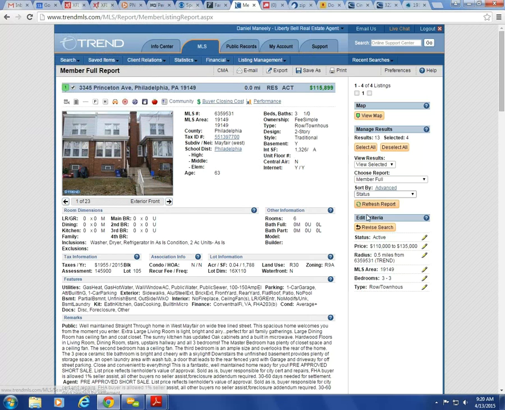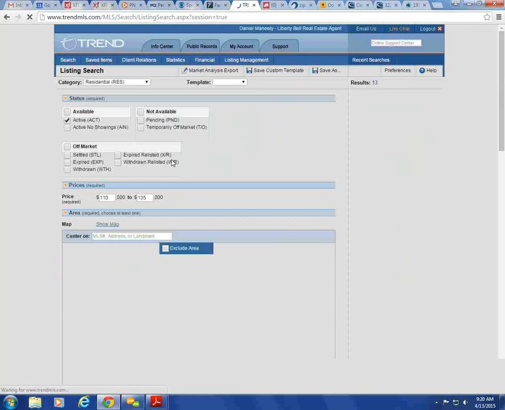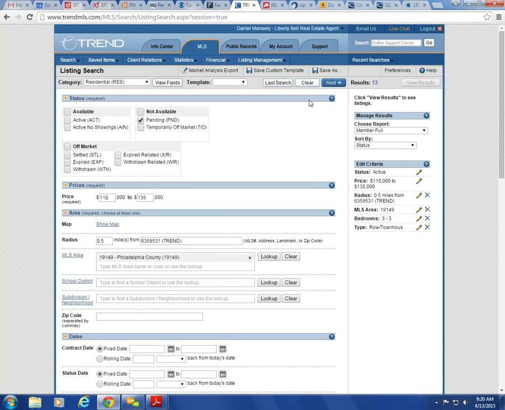Now I'm going to go revise search. Now I'm going to go pending in the same area. 10. Now one thing I like to do is to gauge where I'm at here. In this same location, I do active and pending, right? And I got 23. So check this out. This is very significant in this area for me. If I do active and pending listings in this little snapshot of an area within a half mile from this property right here,